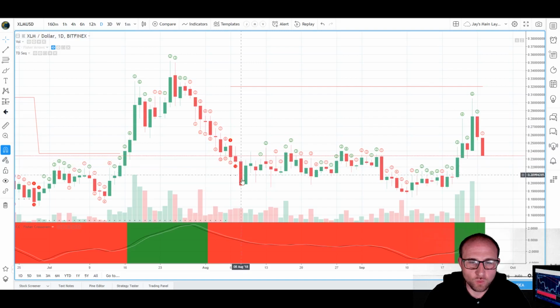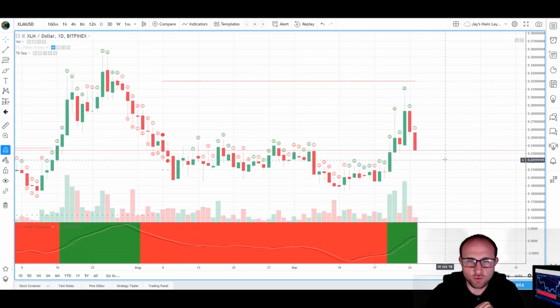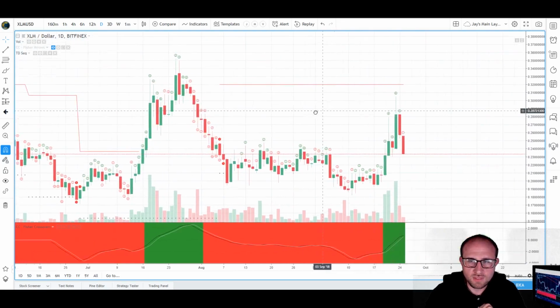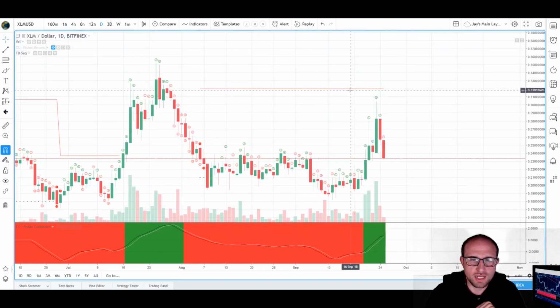Obviously, we can see we wicked down, or we moved down significantly with a good amount of momentum prior after that. But this still would have been a good entry, I think, on Stellar Lumens. Even if we retrace the 0.618, you're only retracing to your break-even buy-in level. And right now we're looking to break this level right here of the 0.319 level, a little bit higher, about the 0.32 level, is where we want to break on Stellar Lumens.